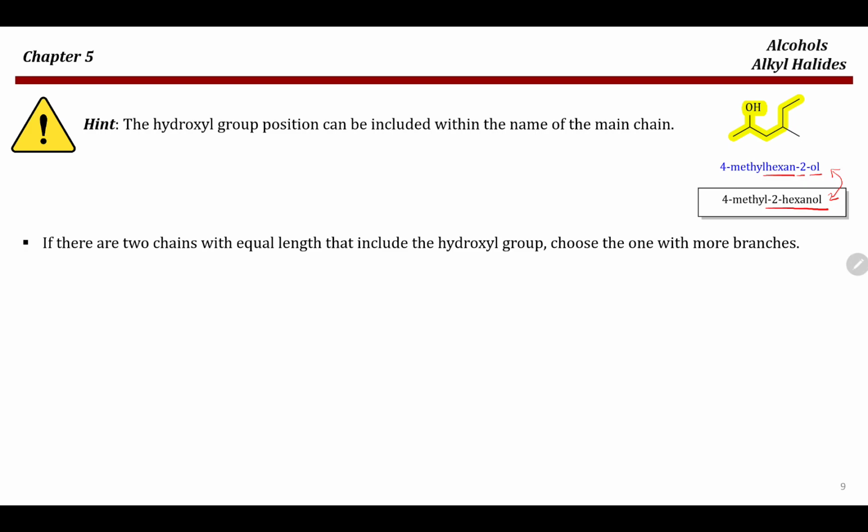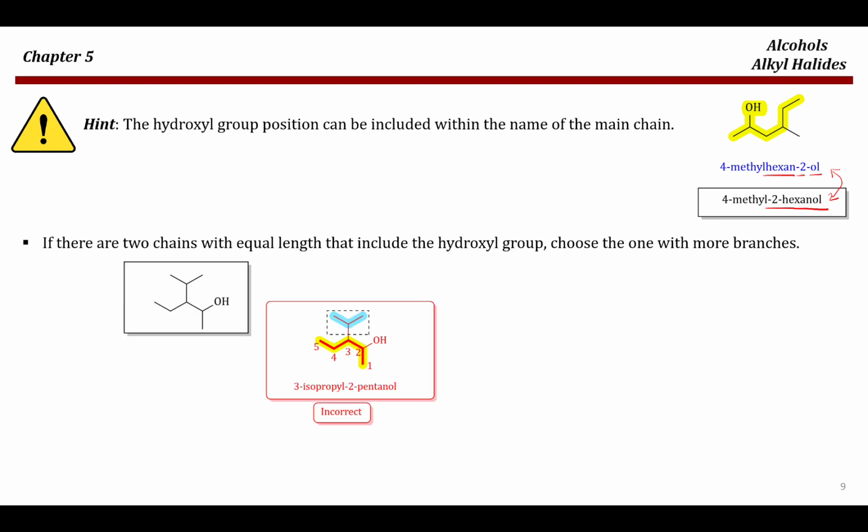If there are 2 chains with equal length, then you have to choose the chain which includes the hydroxyl group but with more branches. So for example, in this case here, I can choose the highlighted chain to be my longest chain. In this case, it will be a pentanol. This is at position 2, so this is 2-pentanol, and then the branch is 3-isopropyl. However,